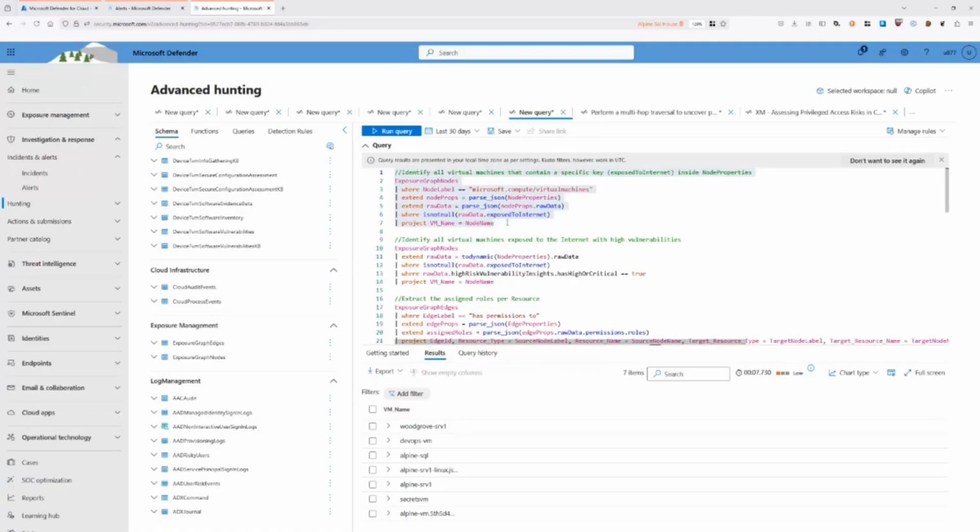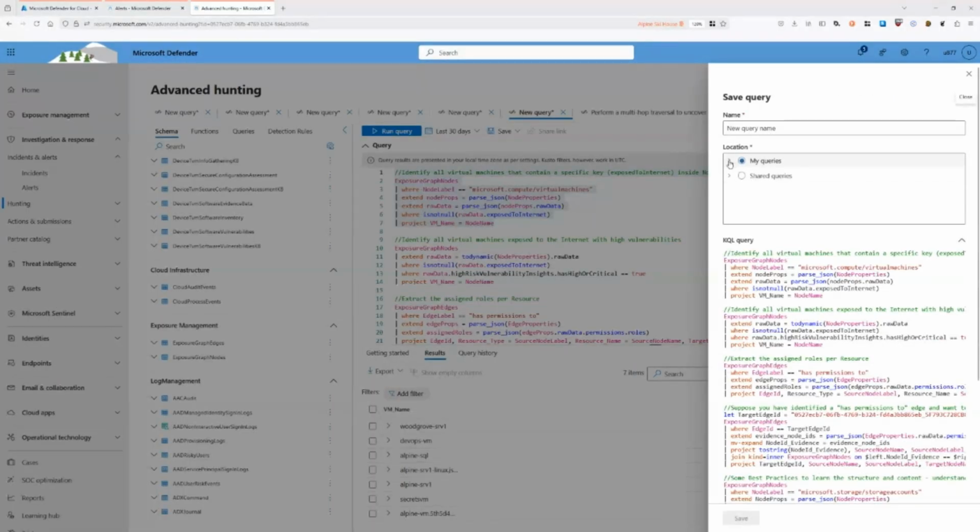You build the query using pretty much the data that is also consumed by the Cloud Security Explorer, in a nutshell. And once you do that, you have options to save it. You can save it as a function if you want to, and then use it in another query, or you can save it as the actual query. And when you save a query, you can have your own folder structure. Let's say I want to save it in my exposure management. Give it a name,